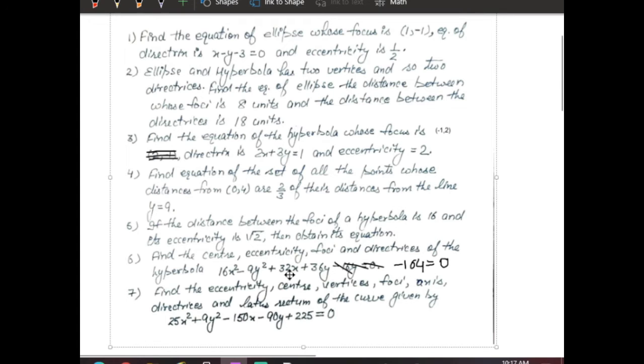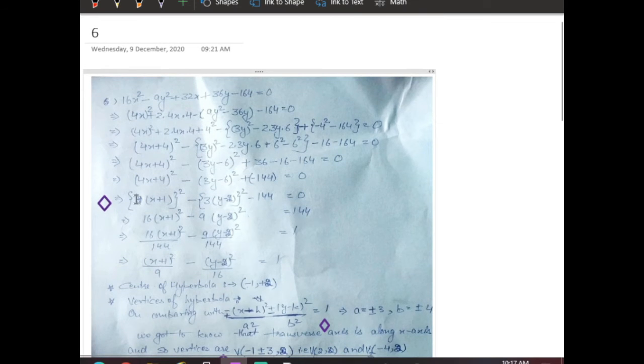There is an equation given and you have to find out if this is the specific question, but there are some calculation things which we must discuss. Here if you see carefully, it's (4x plus 4) whole square and (3y minus 6) whole square. Many of you have taken out 4 common and forgot it's (4x plus 4) whole square. If you take out 4 common, 4 is also squared. So many of you missed it. This is your calculation issue which I would like to discuss here. This is going to be 4 square which is 16 and this is 9.